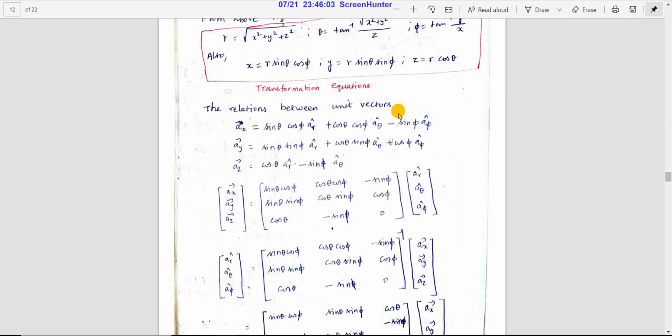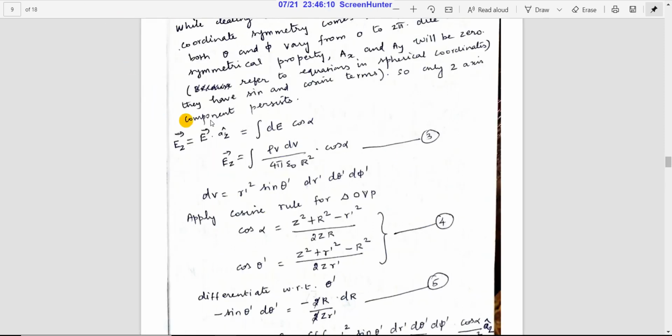So definitely we will be getting these two components struck out, so that we will be having only the AZ component. So if you have the AZ component, then you can write Z as Z dot AZ cap. So if you have Z dot AZ cap, then you can write that this particular component as a differential component,